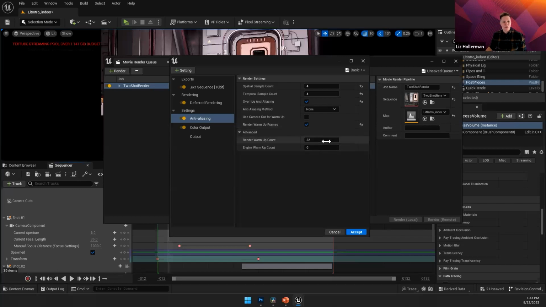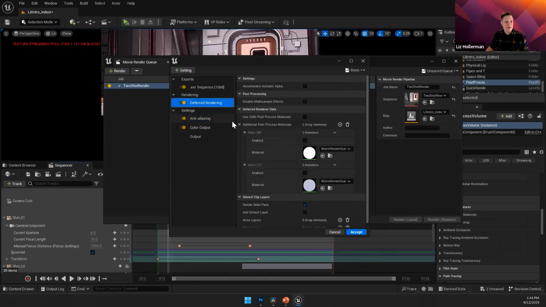So what this will do is give you a little bit of a preview. If your character is moving as the camera starts, it'll actually give you some warm up at the start, so it'll render appropriately. All right, and you can set how much you'd actually want to warm it up for. So once I have that set, the next couple things I can do is on the